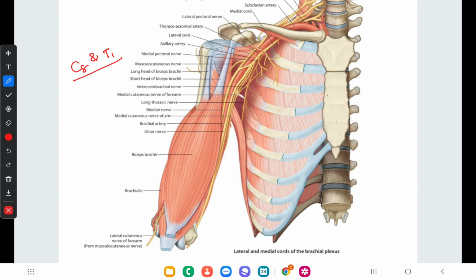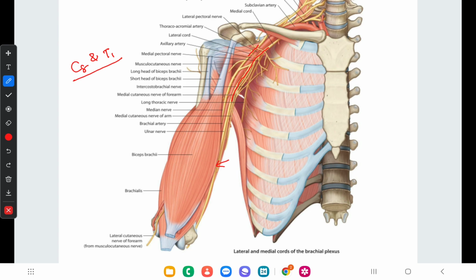It is medial to the third part of the axillary artery and it lies between the axillary artery and axillary vein. Here you can see this is the medial cord and this is the lateral cord. This is the ulnar nerve, which is medial to the axillary artery. In the arm, it lies medial to the brachial artery and then leaves the neurovascular bundle at the middle of the arm and